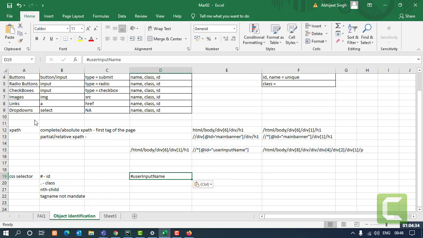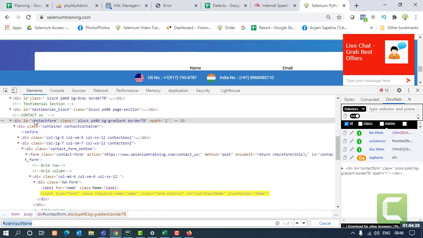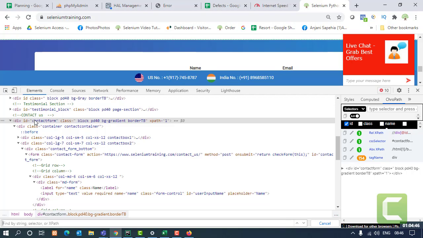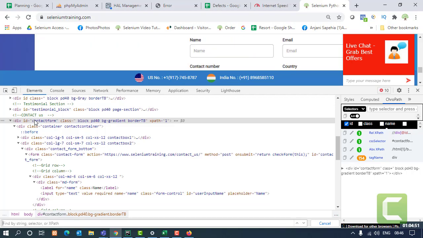So wherever I have IDs, I can simply use the hash and give the value. That's simple, right? What if I don't have such a thing? So we'll use the same funda of using the parent tag, which does have an ID attribute. So I can say that this is the tag which I'm going to use.